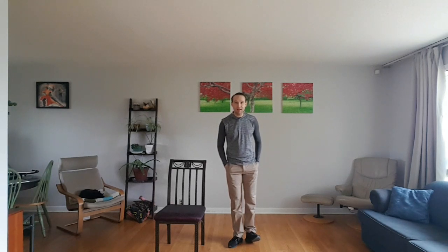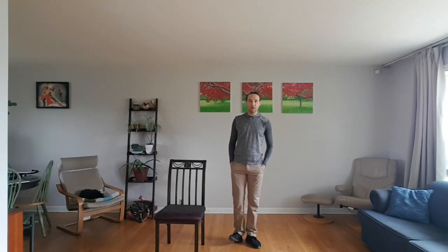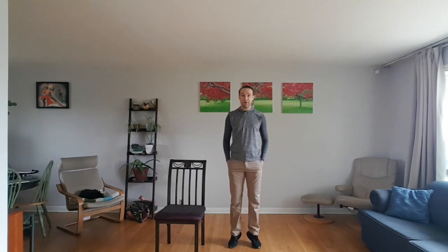This is number 2. Rise up. Now I have my hands in my pockets because it makes my balance a little bit more challenging. That's 3, 4, but you can keep holding on the chair if you like, or you can make it a little bit more challenging. 5 by reaching out with your arms, or reaching forward with your arms. This is 6,